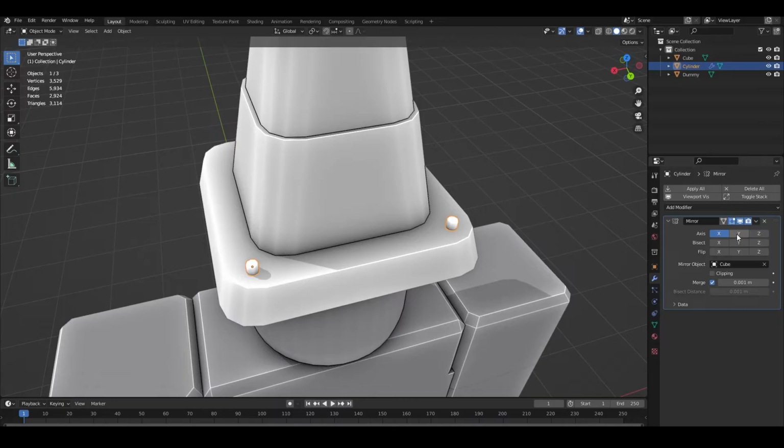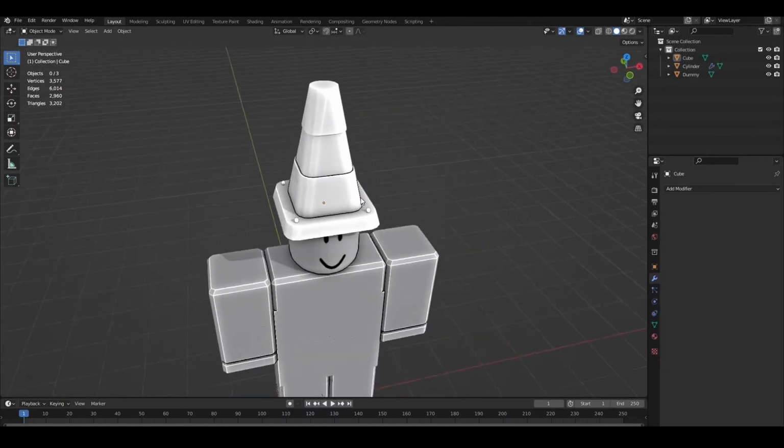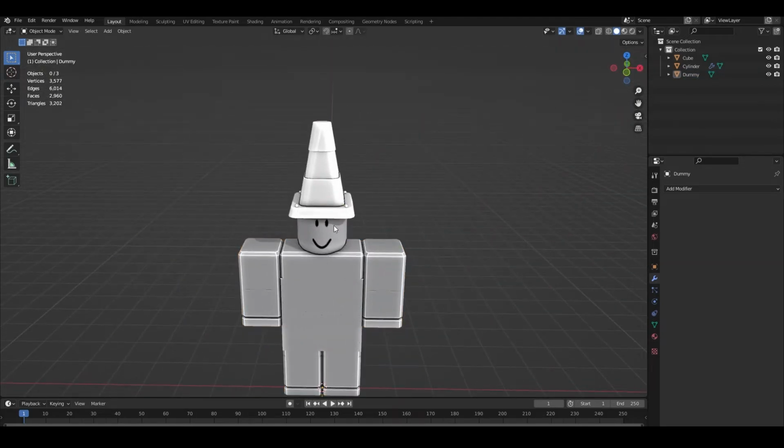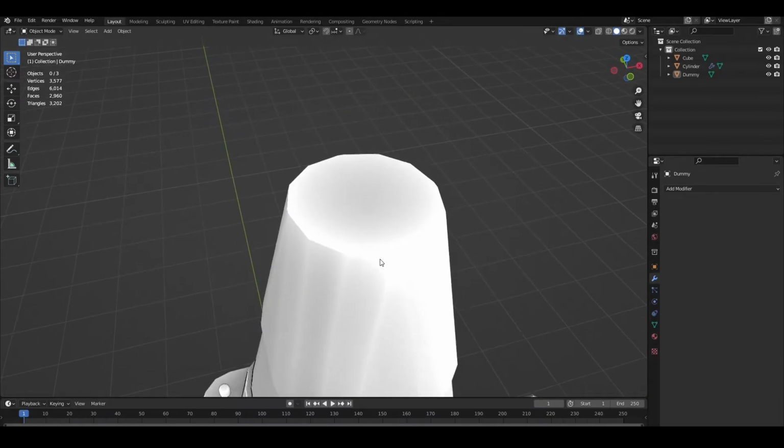And then also you want to tick the y-axis. The y-axis will now add it in the other half. And as you see here, there are now 4 nails perfectly evenly spaced apart. Another little detail you might want to add is you might want to go here on the main cone bit